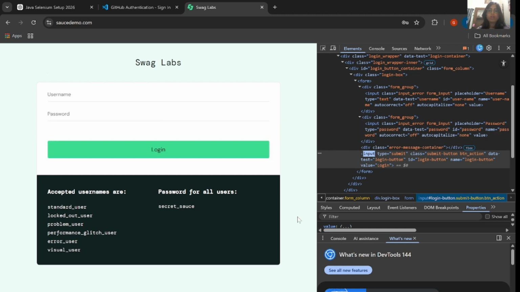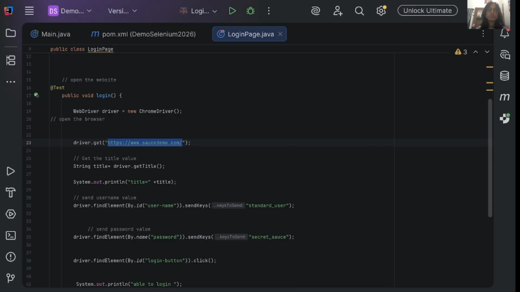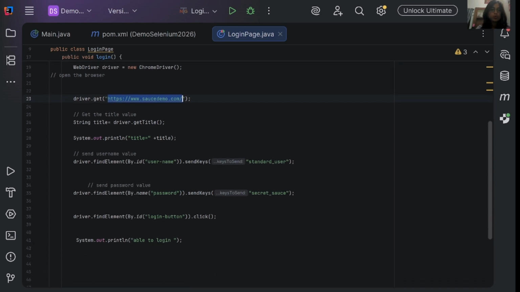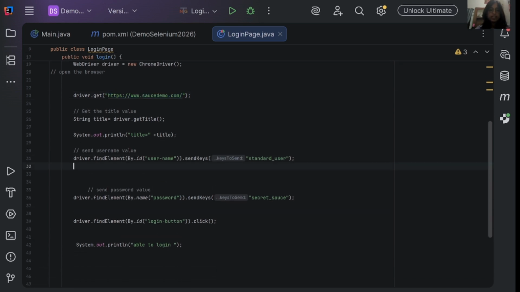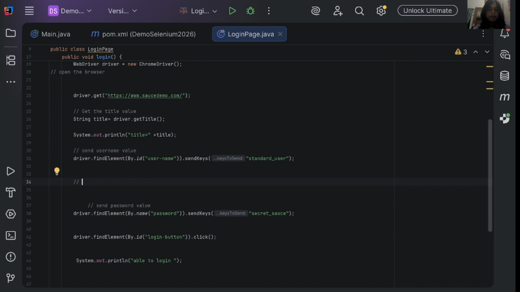I will show you one by one, and I will also show what happens when you use the same tag name and interact with multiple web elements. So let's take an example of sending the username with tag name.